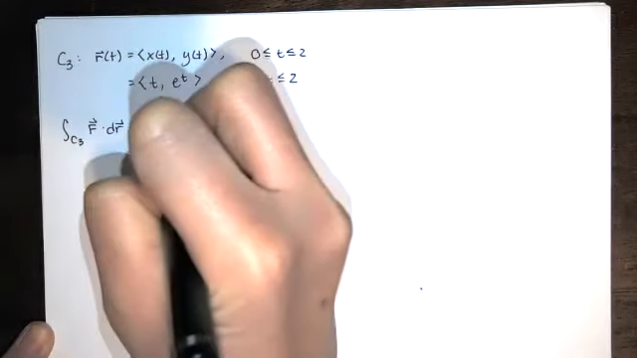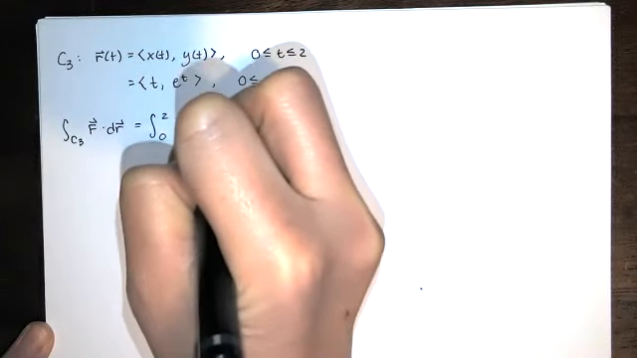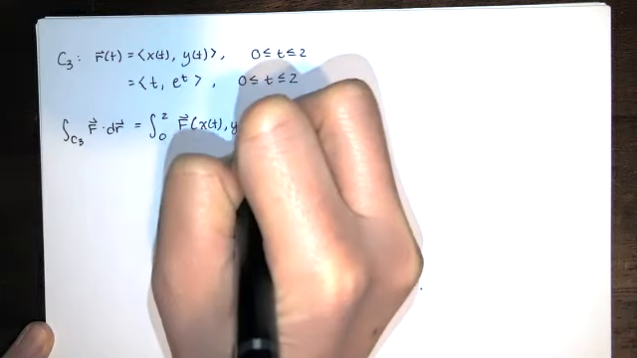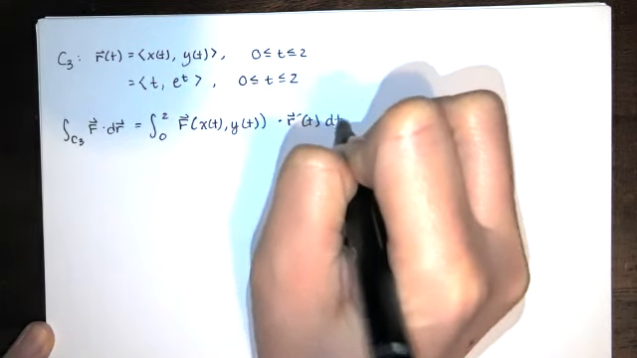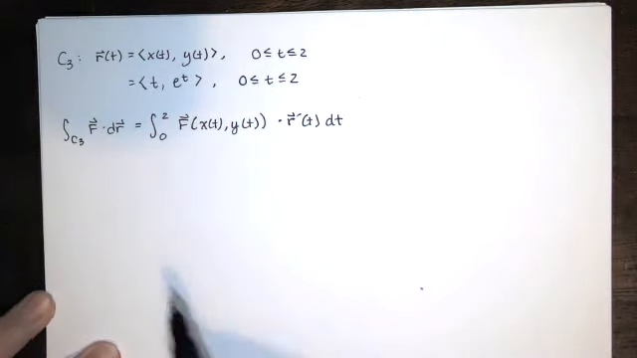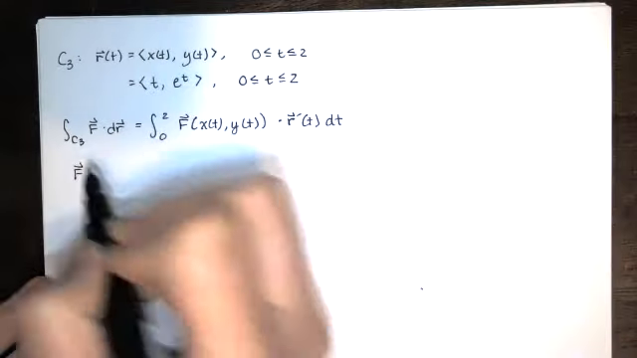It'll be the integral from 0 to 2 of our field in terms of t. So we're going to replace x with x of t, replace y with y of t. We're going to dot that with r prime. So that's the plan. We just need to find F in terms of t using this parameterization that we just